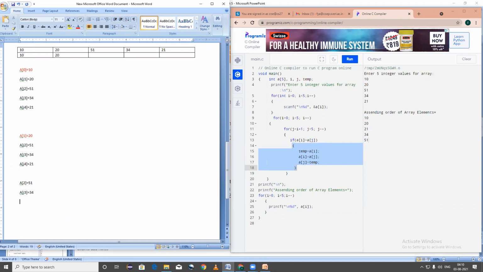Okay, now what is there in the code? I have used one temporary variable. Let's say temporary variable is equal to. Now, what will it store? Temporary variable कुठली value store करतो? A of I. What is the value of A of I? 51. बरोबर का? Okay, so A of I is 51. Now 51 is assigned to the temporary variable. Now at the same moment, what is the value of A of J? That means A of J3. A of J3 ची value काय आहे आपली इथे?